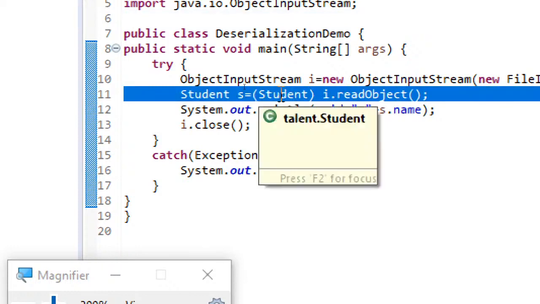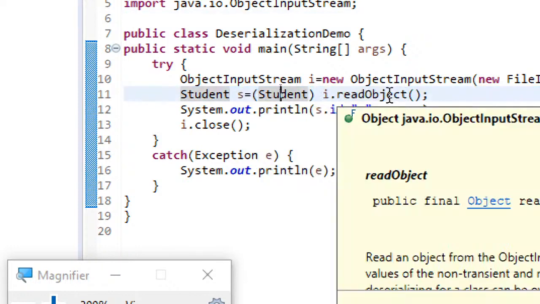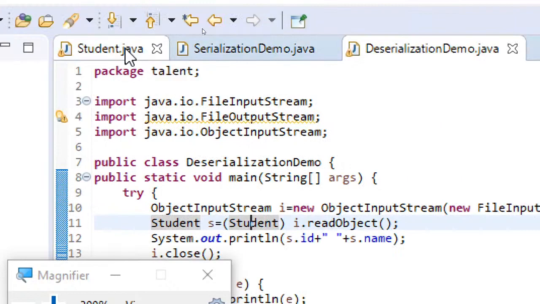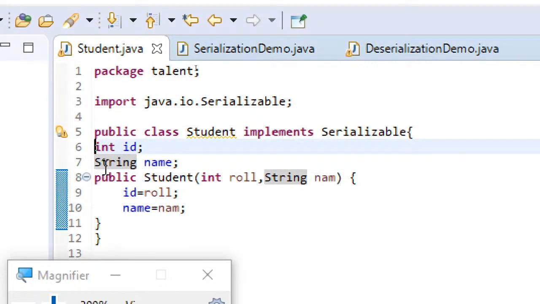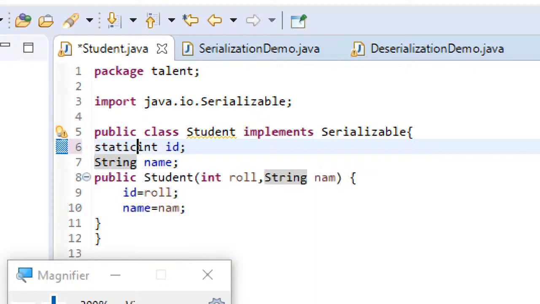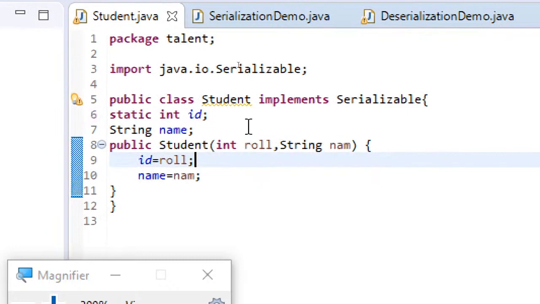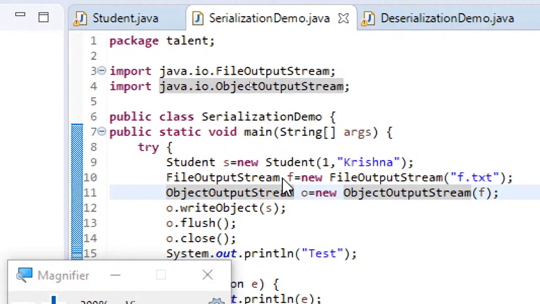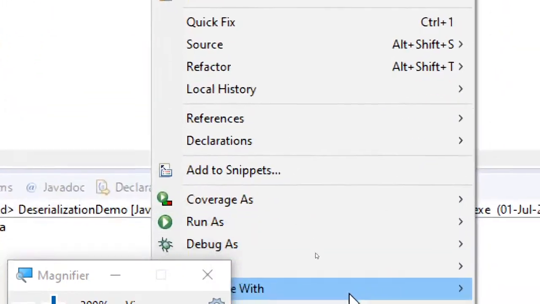And this casting is required because by default this read object method returns object type, but which object, you have to specify. For that we are doing this casting. And a few points to be noted here. Let me just tell you, if I'm saying here static, let's just compile this, and then once again let me run this serialization code as well.